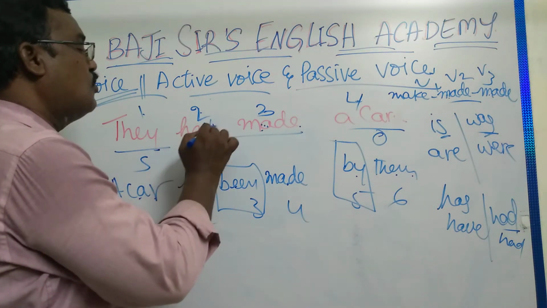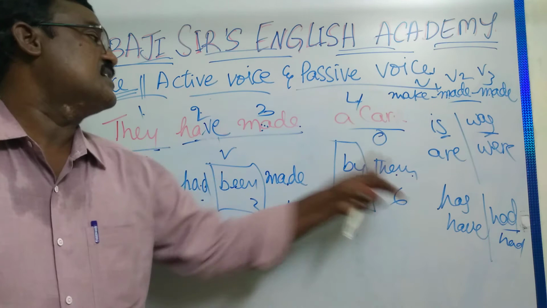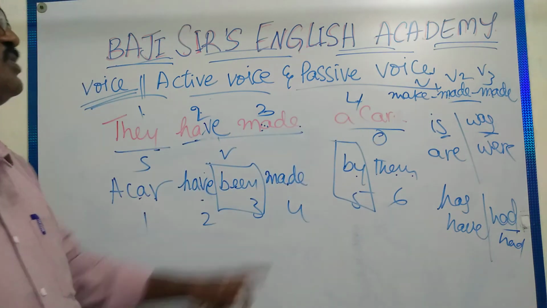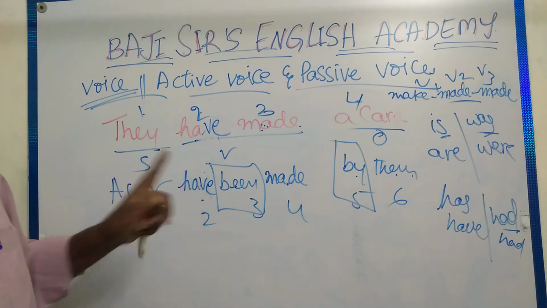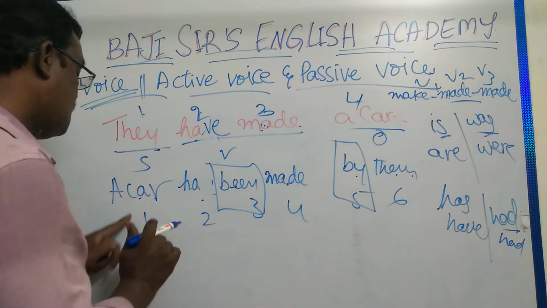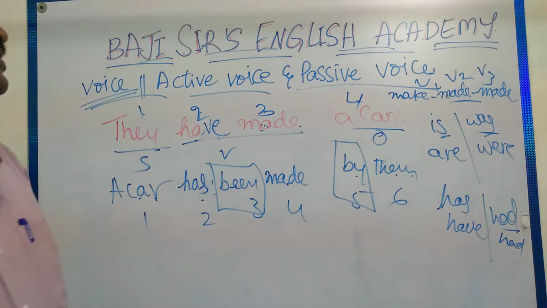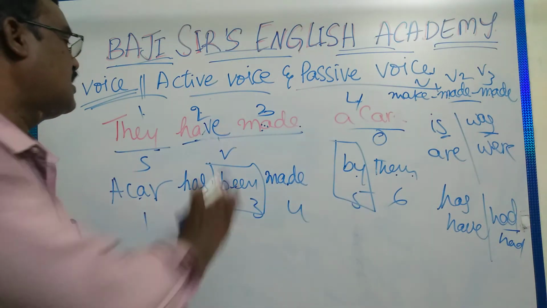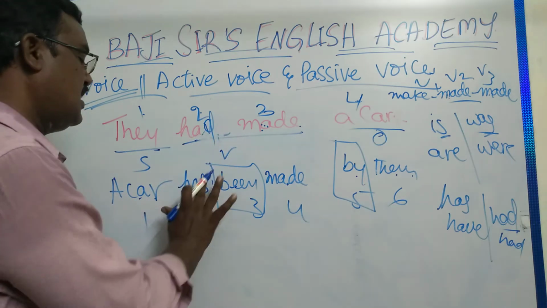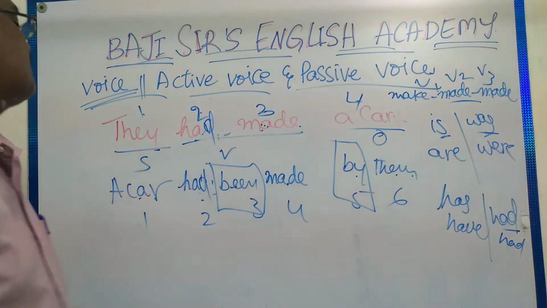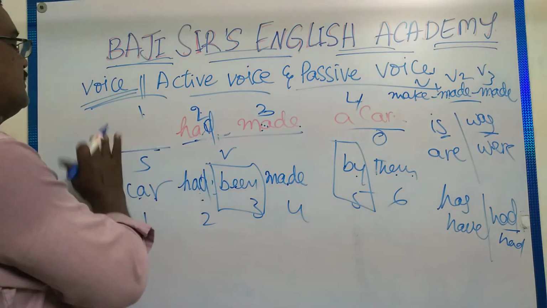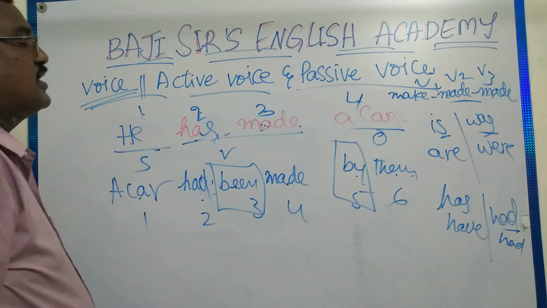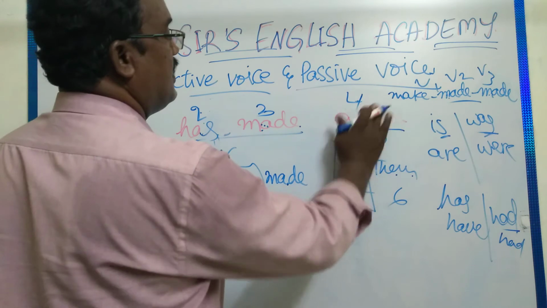Suppose it is present tense, that's why it is present perfect. Immediately we have to take have been made. So present tense, present tense. A car means singular, that's why here we have to write has. A car has been. Present have form is present perfect. Past have form is past perfect. For example, here he is there. He has, automatically, present perfect we are writing. He has made a kite.